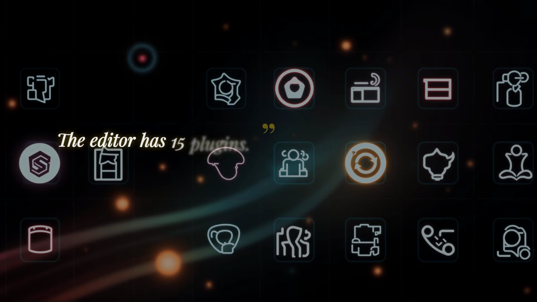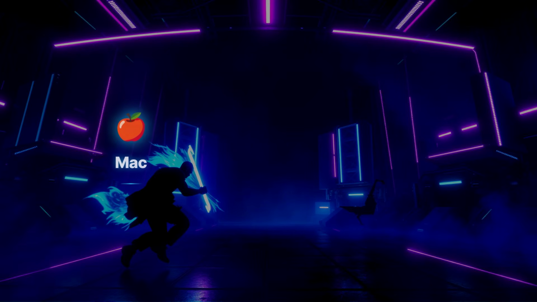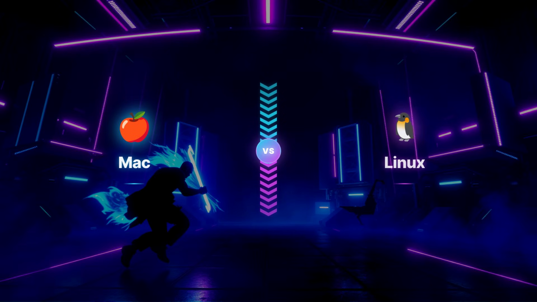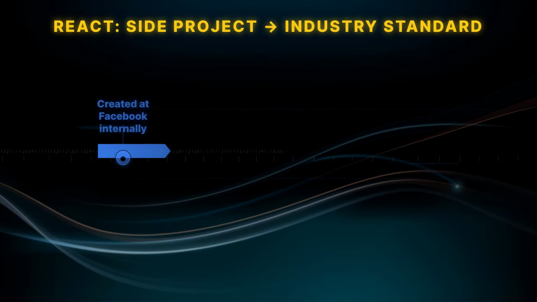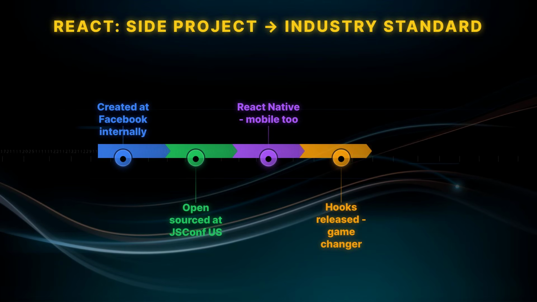The editor has 15 plugins. I'm going through all of them. Fast. Split screen, 2 sides, VS in the middle, Mac versus Linux, pick a side, entrance animations included. Timeline. Animate any sequence of events, how React went from a Facebook side project to the industry standard step by